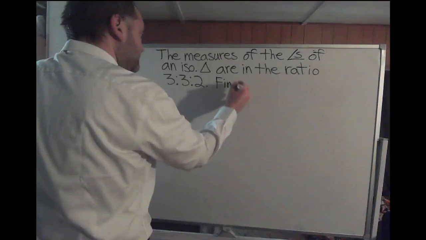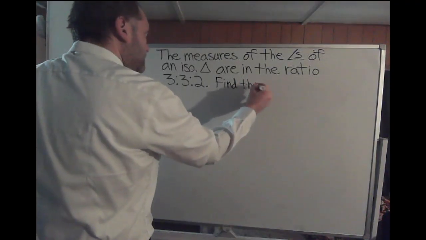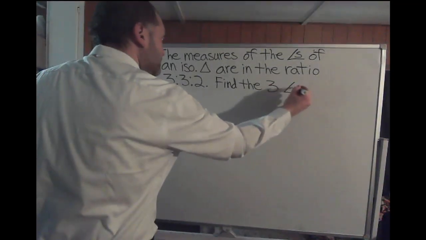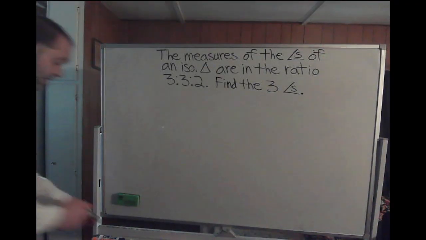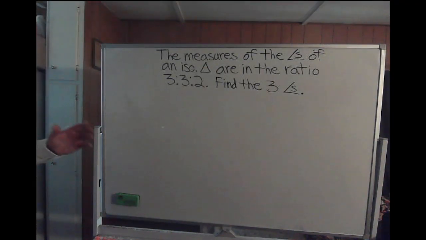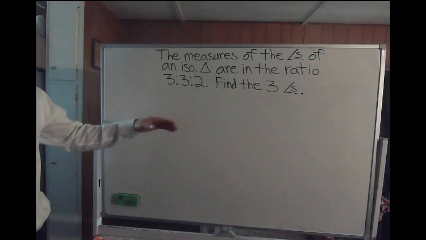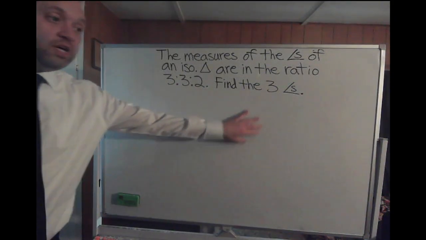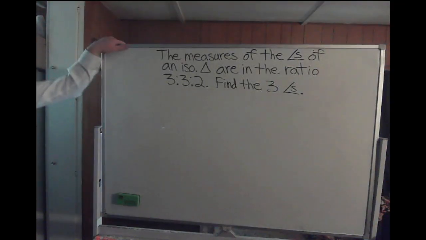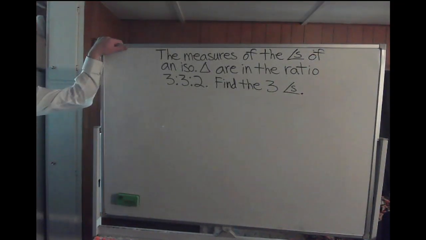Find the three angles. Okay. So this problem tells us here that the measures of the angles of an isosceles triangle are in the ratio of 3 to 3 to 2. Find the three angles. Well, obviously the 3 to 3 would be the same because in an isosceles triangle, two